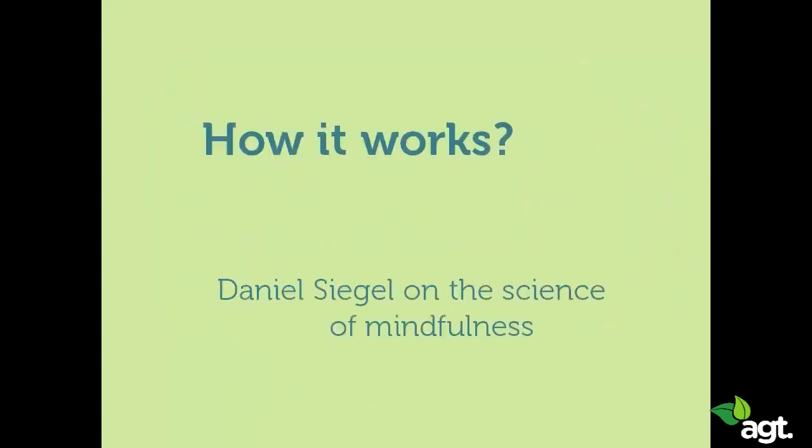And if you want to get a simple but very thorough explanation of what is really going on in the brain, here is a great explanation by Daniel Siegel. He's the author of the book Mindsight and the founder of the discipline Interpersonal Neurobiology. And it's really interesting what he has to say. So I attached a link in the resources to a talk from him. It's about 20 minutes. So if you're interested in that, check it out. It's really informative. He explains how the brain works and how mindfulness influences the brain. And as I just said, he also has a wonderful book called Mindsight that I recommend if you want to know more.